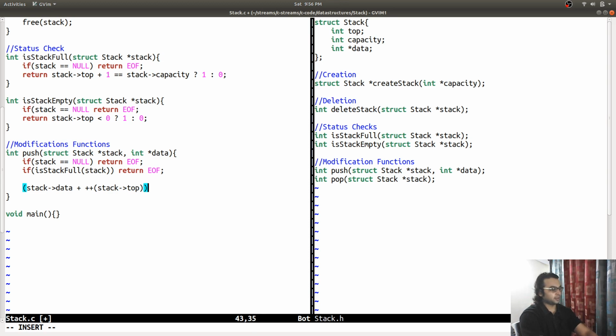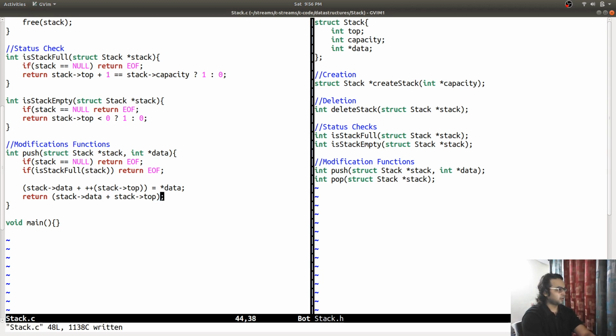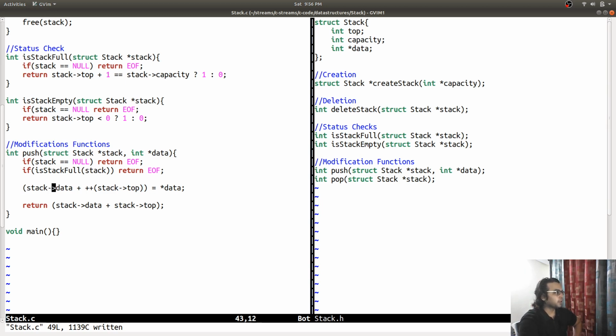go to that, one minute. You can write the code, then I will explain it to you. Stack. What I'm doing here, I'm telling it to get the memory address, go to the memory address where this array starts, and move to the next block.